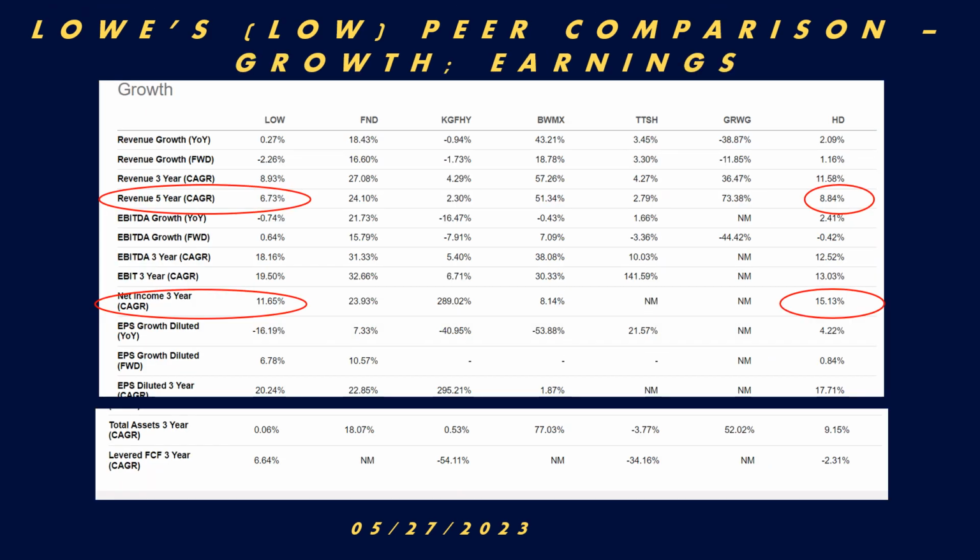Growth in earnings, revenue growth. Well, this is interesting. Home Depot actually has better 5-year compounded revenue growth than Lowe's. Lowe's is 6.73%. Home Depot is 8.84%. Now remember, Home Depot is a bigger company. Their market cap is almost 3 times the size. They've got more than double the number of employees. They're bigger. They have scale. Net income, it's closer. Lowe's is about 3-year net income CAGR, 11.65%. Home Depot's is a little over 15%. All right,